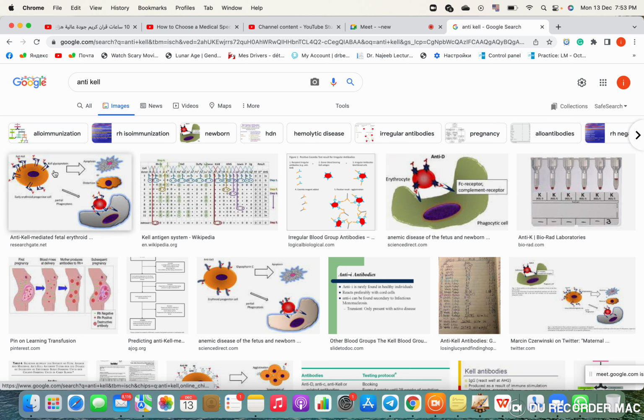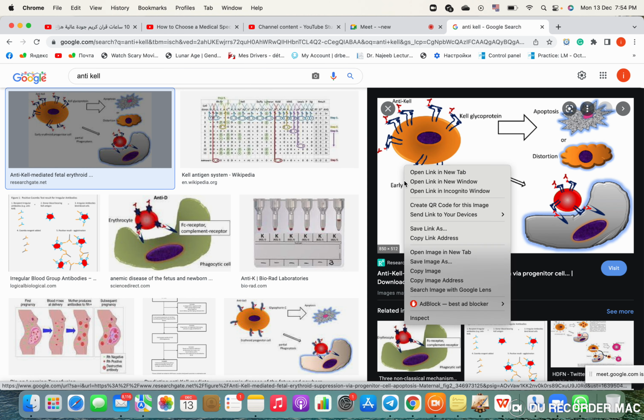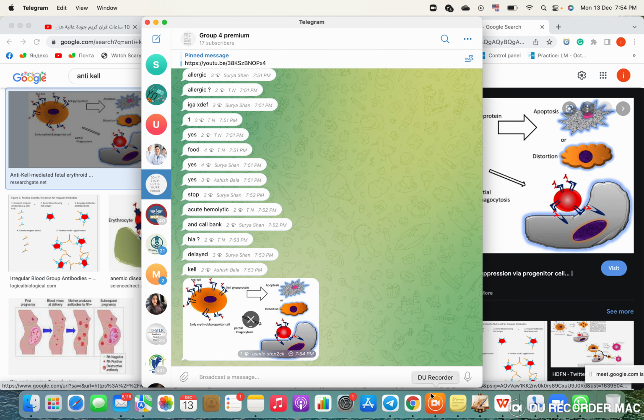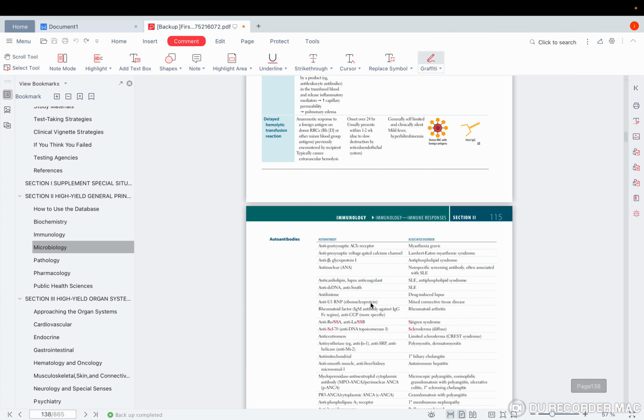Please know about it, guys. I've seen it in someone's test, so they do ask about this. Keep it in mind. Okay, anti-Kell type of thing. Okay, good. So the next thing is a question regarding